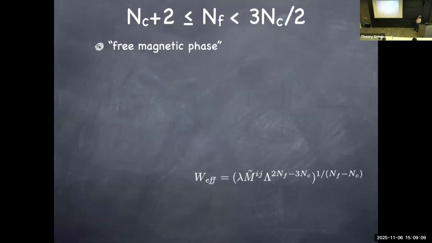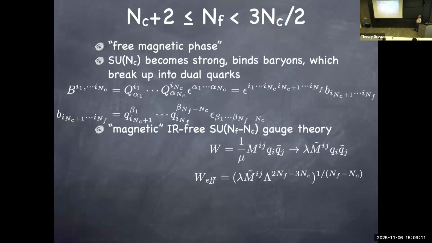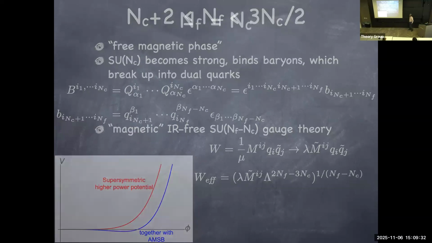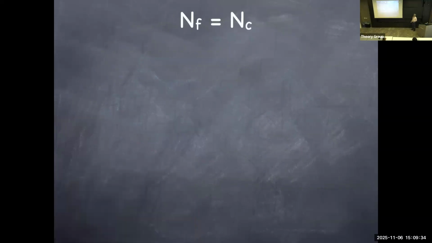And if you go up to an even higher number of flavors, you have this dual magnetic theory, which is kind of weird. But once again, you can find the minimum where mesons acquire values, where you can integrate out these magnetic quarks that will lead to what is called the gaugino condensate superpotential, and show again the potential to behave similarly to the previous slide and minimize the potential. So this is a case-by-case question.